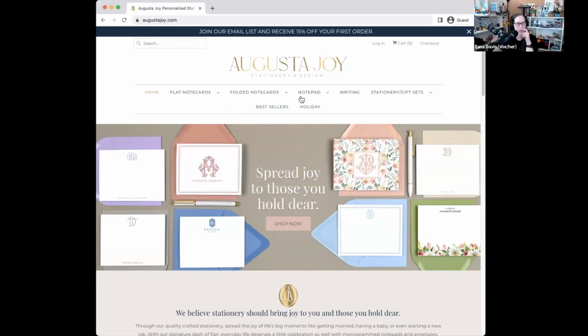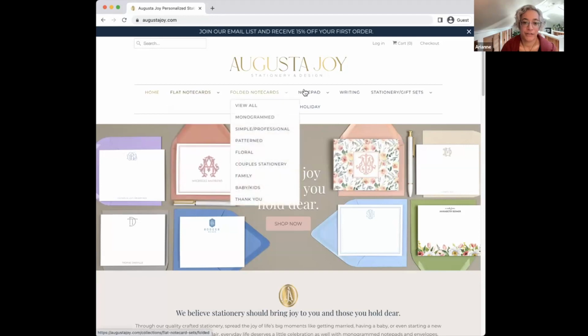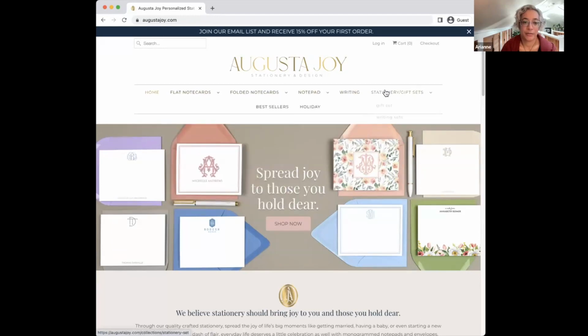There's a lot happening in the navigation menu here. I see a home link, which I don't like. Let's get rid of the home link. And then flat note cards, folded note cards, that makes sense to me, although you could make a mega menu and divide it up in a different way. I will say, I can offer quick opinions on navigation, but when we really get together to design a website, we'll have a 2-hour meeting with our e-commerce strategist and the designer and multiple people, and we'll go through lots of different ideas. So there's no quick, here's how to do your navigation. It usually takes a lot of thought.